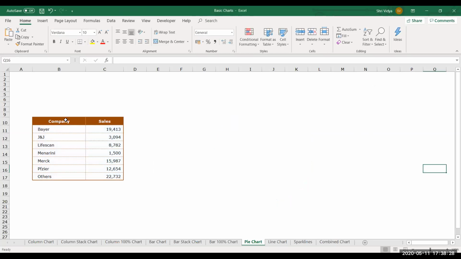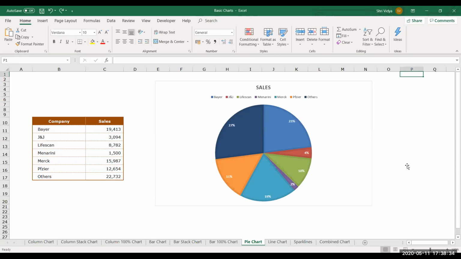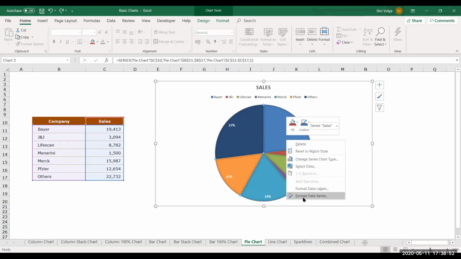So let us insert the chart again, the same thing. I would like to show all those values which are less than 10% to be displayed in a secondary pie. What I mean by secondary pie, let me show you. Select the pie, right click, you say format data series.